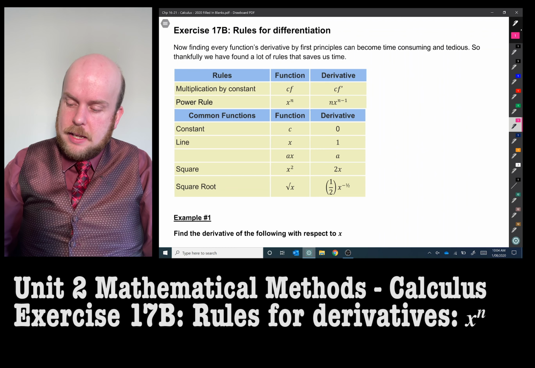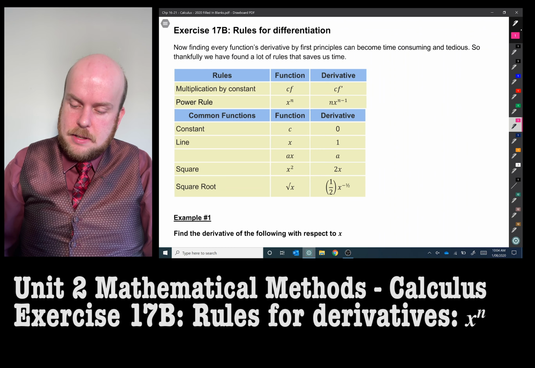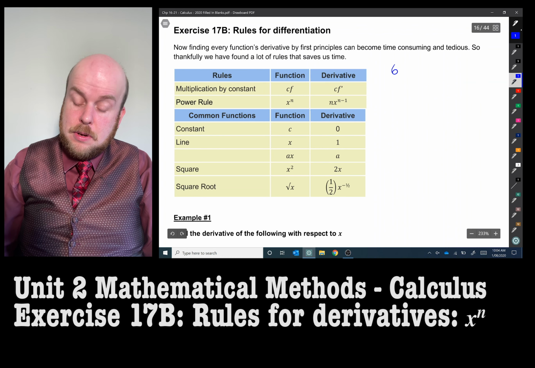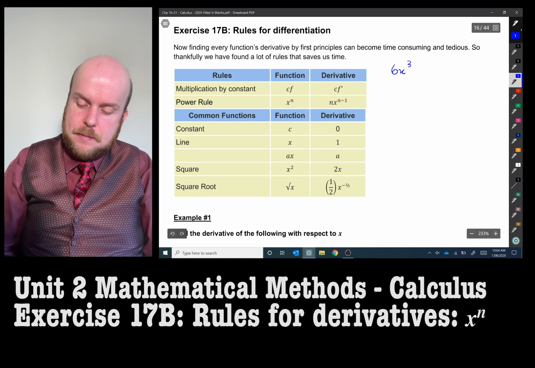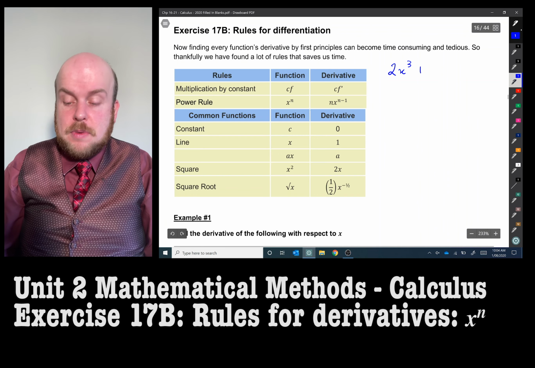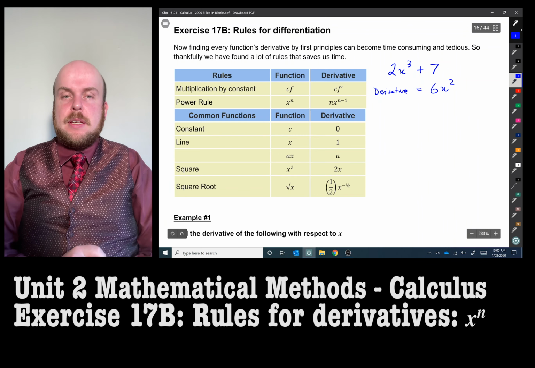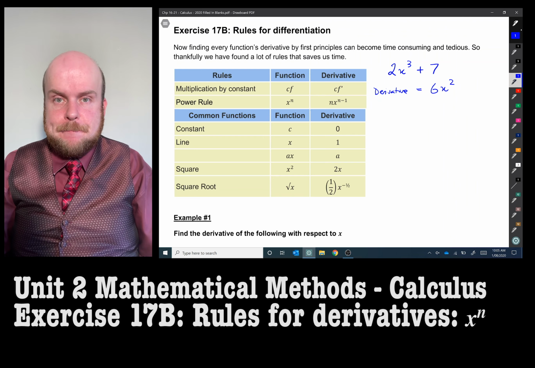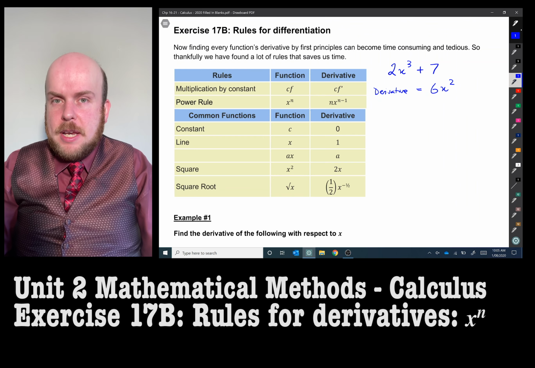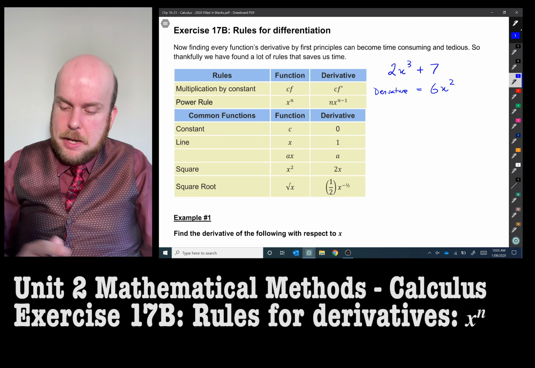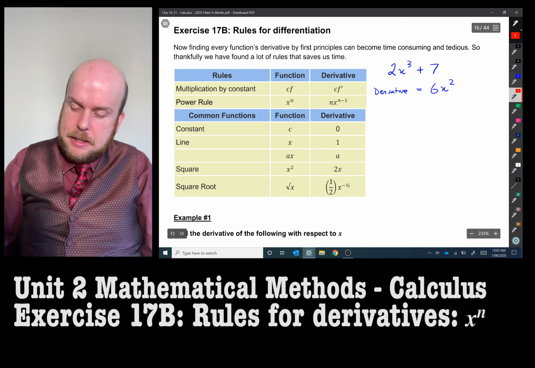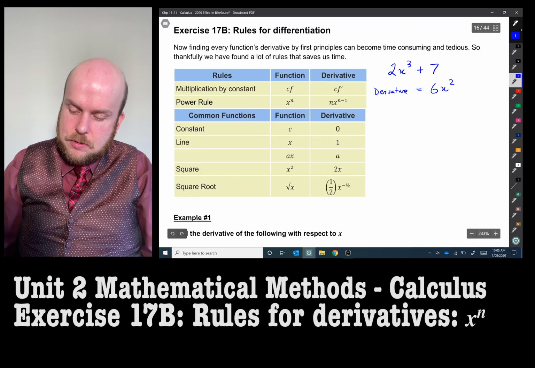You might vaguely remember from the last video that we were dealing with something that said 2x cubed plus 7. And we found that the derivative is equal to 6x squared. So what is the pattern? Well, the 2x cubed part, if I was just to draw it here,